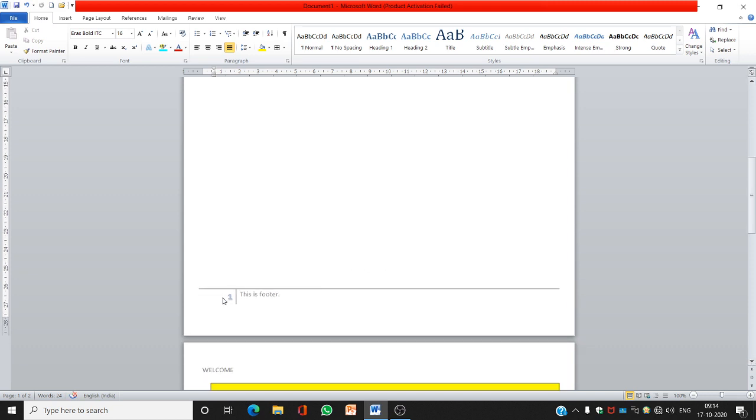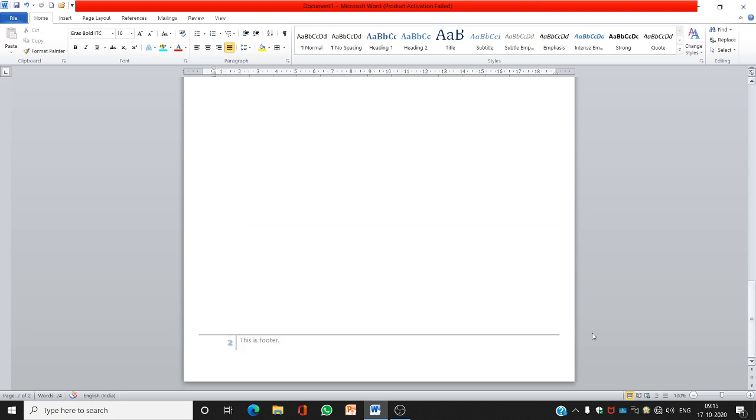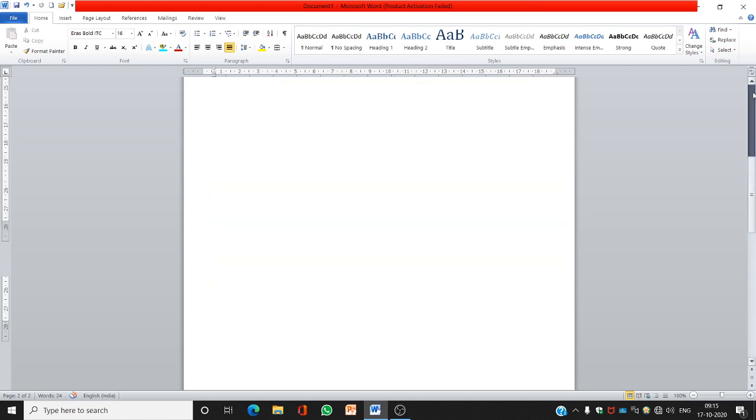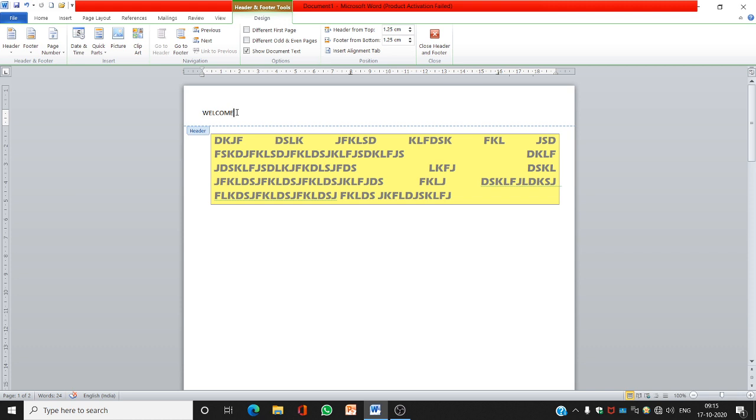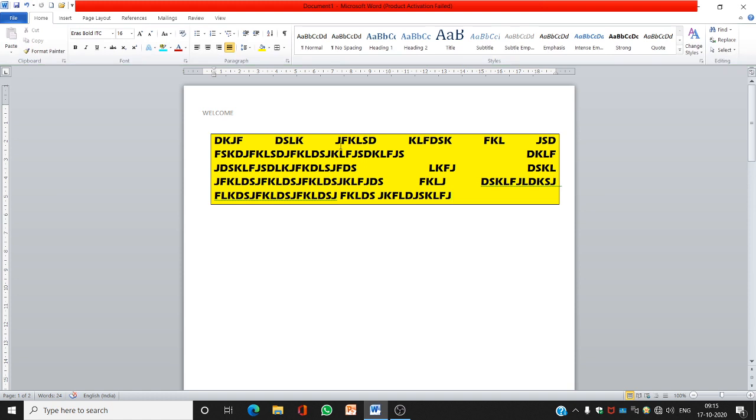So this is your first page. This text we have written here, and you can come to the next page. This is your page number 2, and this is text we have written here. So header will display the text at the top of the page, and footer will display the text at the bottom of the page. You can write text here, double click here, it will be turned on. Clear? Any picture you want to insert, date and time you want to insert, page number you want to insert, so whatever you want to insert, you can insert it from here. Clear? So this is header and footer option.